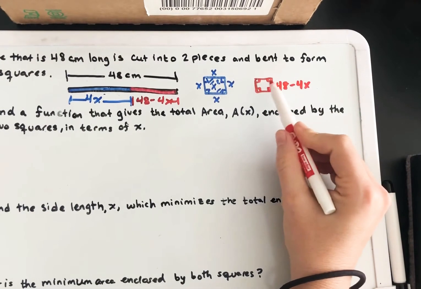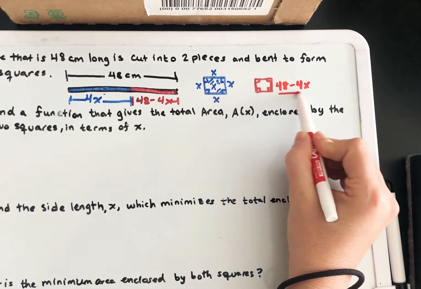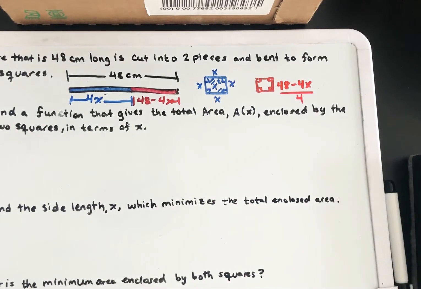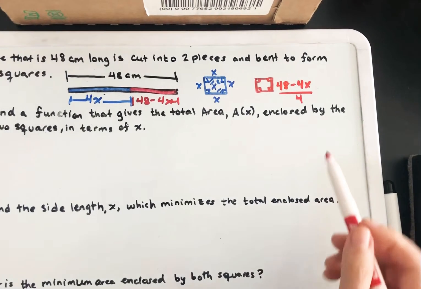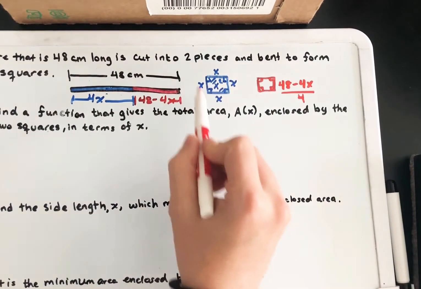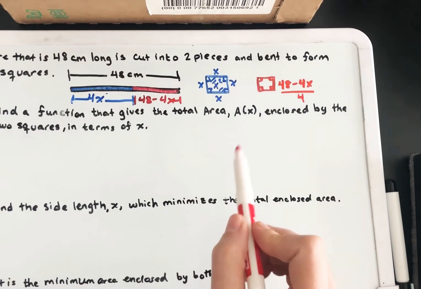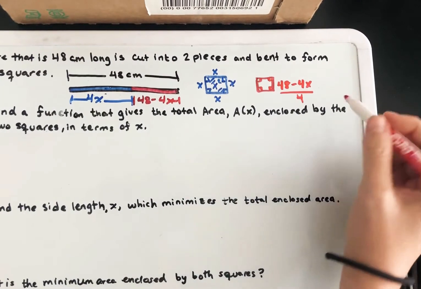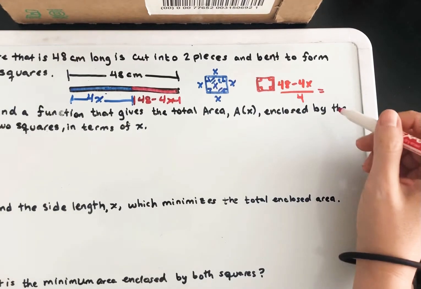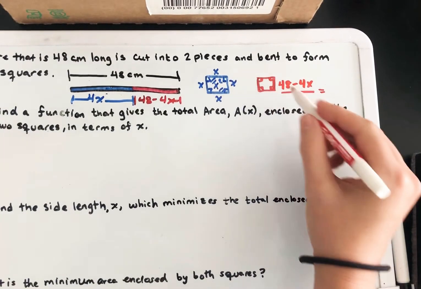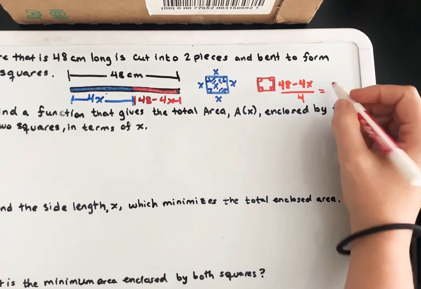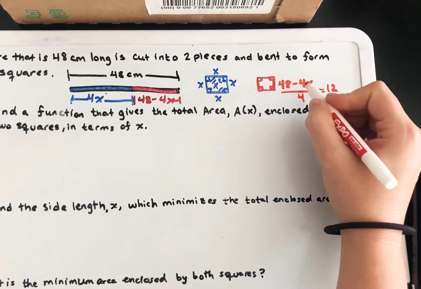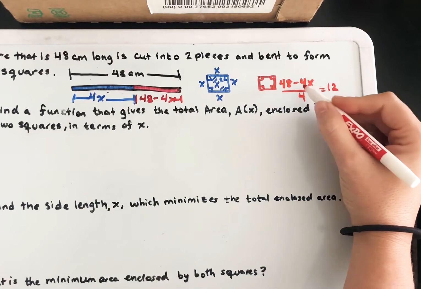But that's each side, right? There's 4 equal sides, so we'd have to divide that total by 4, since we have all 4 sides here to talk about. Just like here, we had 4x in total. We divide by 4, so we each have x. So if I divide that by 4, what do I end up with for each side length of this little square? Well, 48 divided by 4 is 12, and 4 divided by 4 is 1, so I have negative 1x